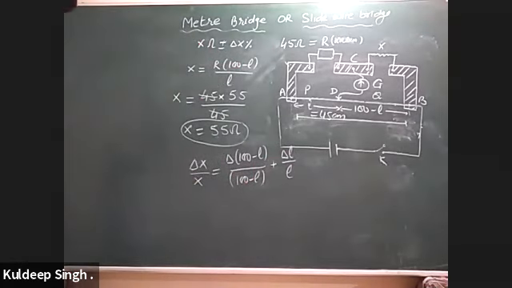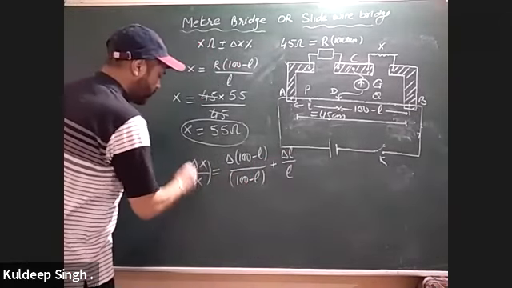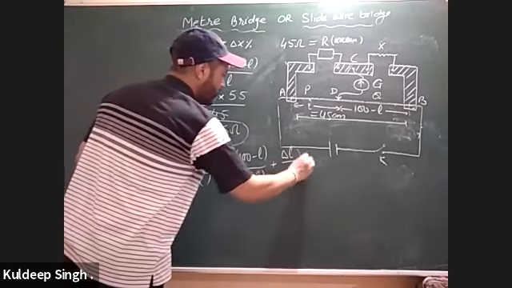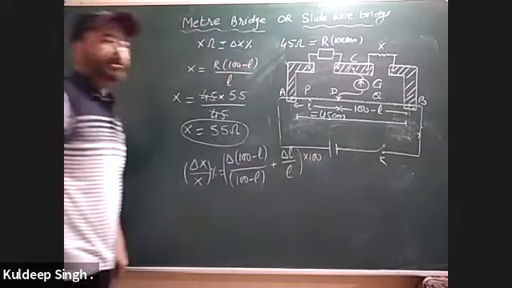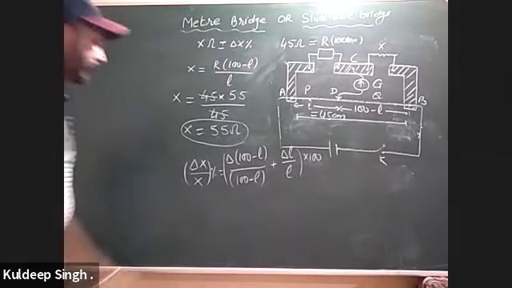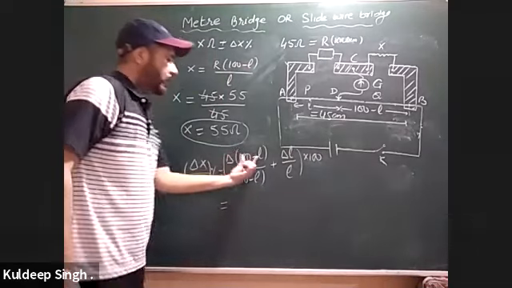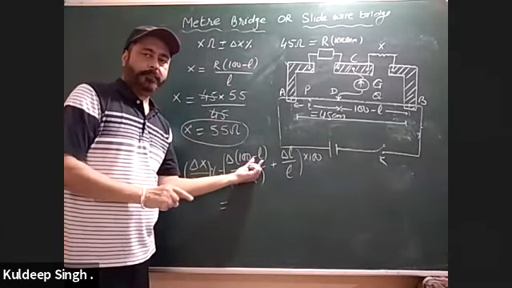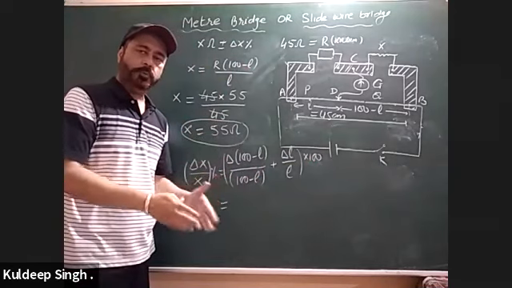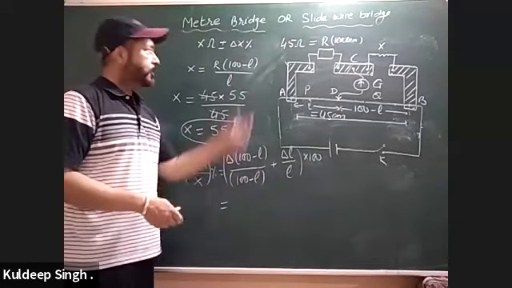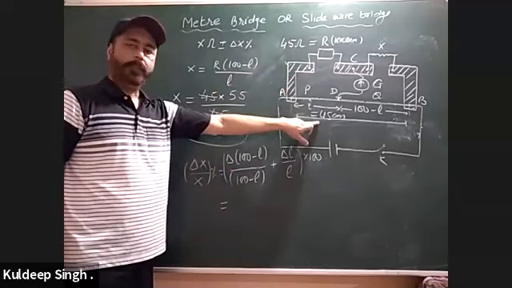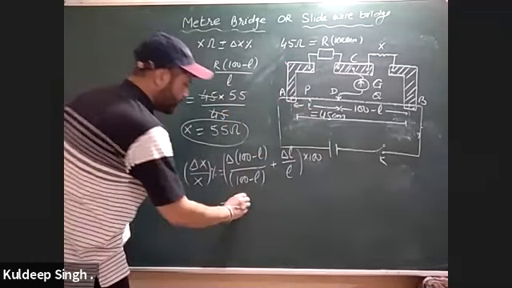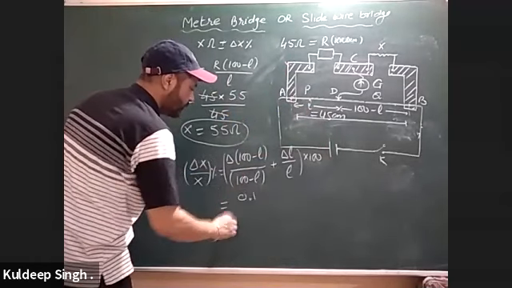I got this one. Now what is the formula for percentage error? You have also multiplied by 100. And the error in the measurement of L is equal to the least count of the scale. Least count I have told you is 1 millimeter. Here you are given 45 centimeter. तो मैं least count को सेंटीमीटर में ही यूज करूंगा. तो मेरे लिए आ गया ये 0.1, मिलीमीटर का सेंटीमीटर बना लिया मैंने.